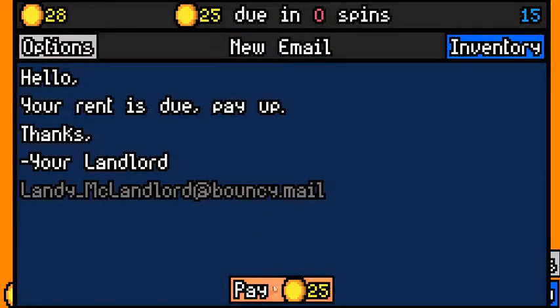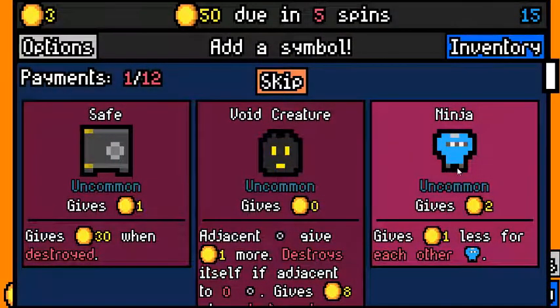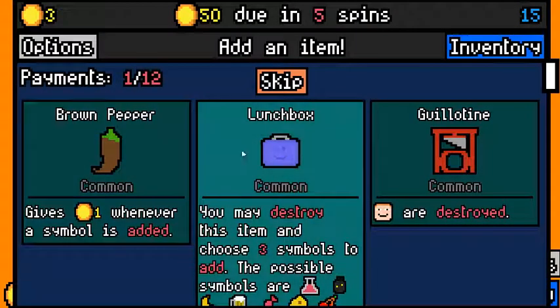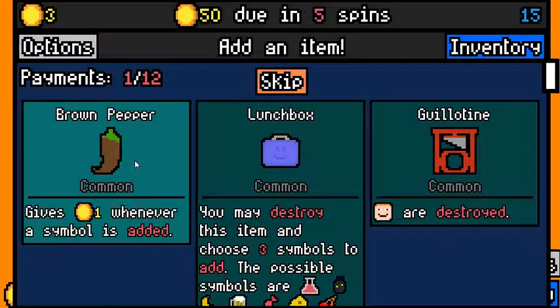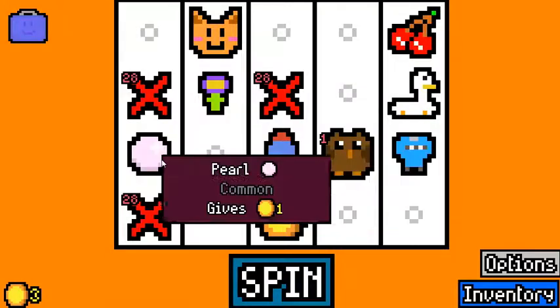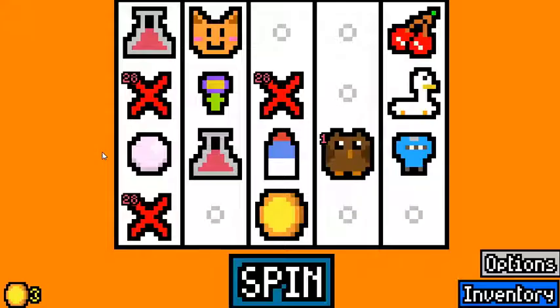I mean, we haven't made this first rent by a lot, but that means that we need a 2-value symbol here. So that's a ninja. Ninja is fine. So we could go for lunchbox, brown pepper, guillotine. Lunchbox is most likely to give us a 2-value symbol, so let's go for that. It's not a 2-value symbol, but